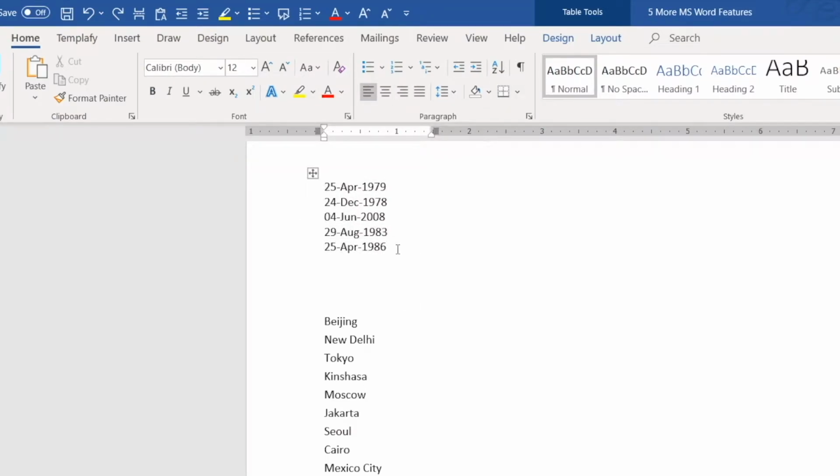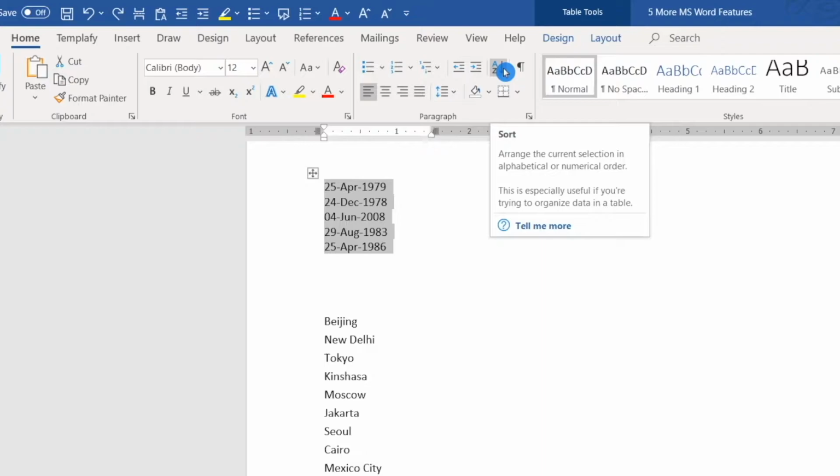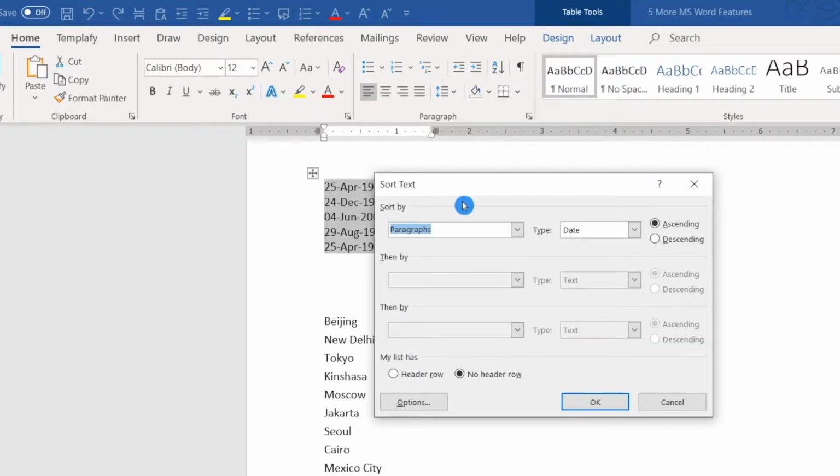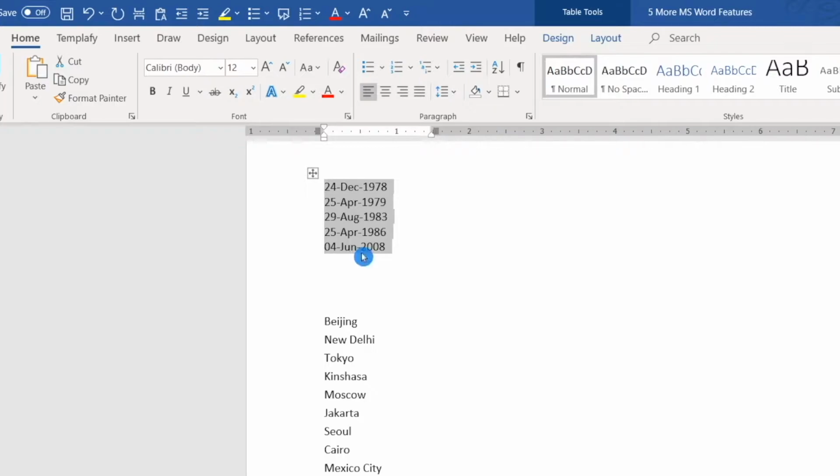If I wanted to sort it in ascending order, what I can do, you can just select this particular text which you wanted to sort, and then under this home tab, you will be able to find one option here within this paragraph range, that is this sort. If you click on there, it will give you a pop-up which will have some of the options. You can see the sort by is the paragraphs and then type is date. It's already sensed that data type, and you can select ascending or descending. Let me keep this ascending selected, and then if I click on OK, you will be able to see now these dates got sorted in ascending order.